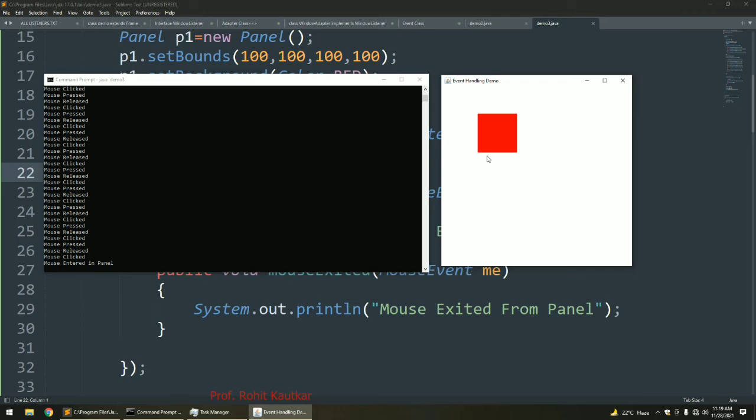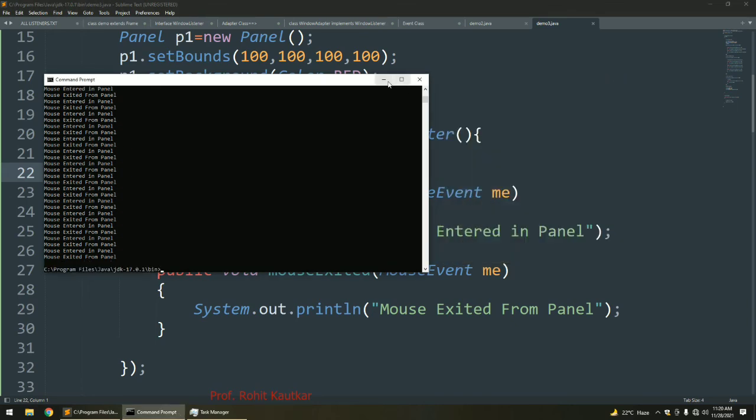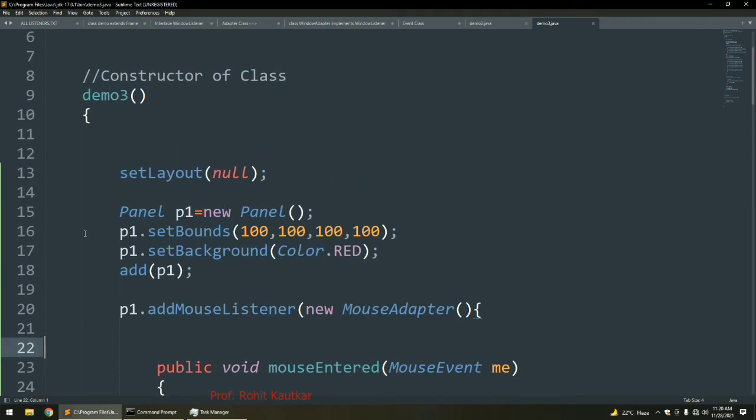And now "mouse exited from panel", as the cursor is outside. So entered, exit, you can see. This is how you come to know when the user is moving the cursor on a specific component. This is called the mouse entered and mouse exit event.